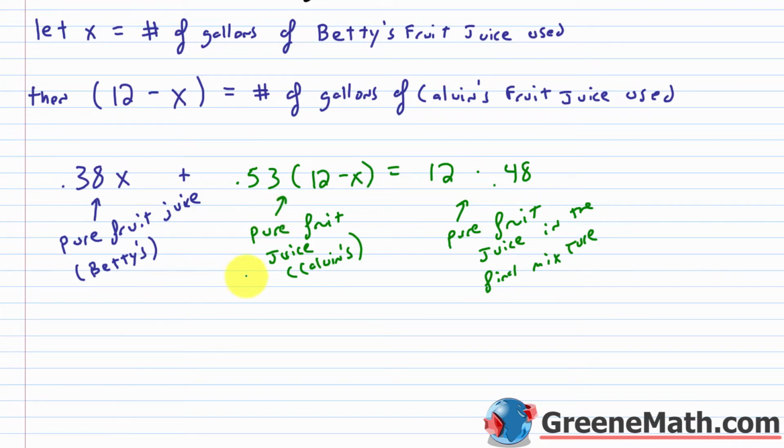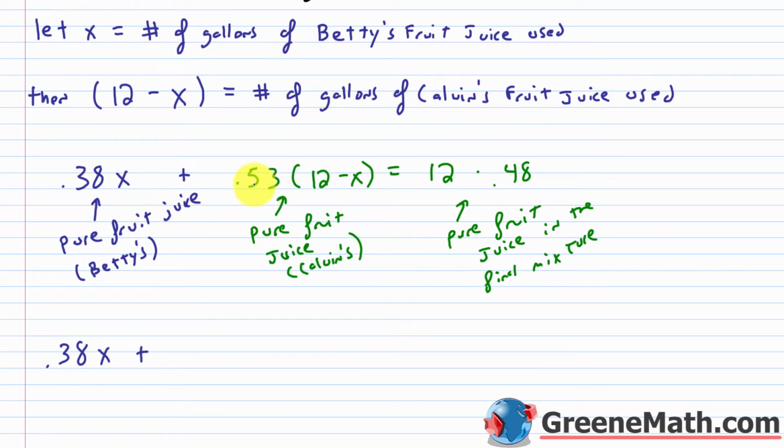So once we have our equation set up and we understand the logic behind it, we just need to solve it. We will figure out what x is. That'll tell us the number of gallons of Betty's fruit juice used. We can then plug in for here and find out the number of gallons of Calvin's fruit juice used, and we've solved our problem. All right, so to solve this, we'll have 0.38 times x plus,